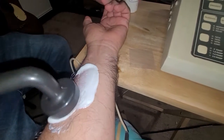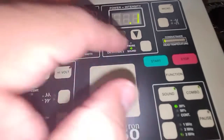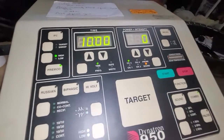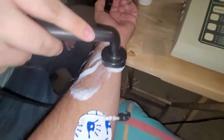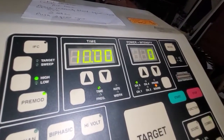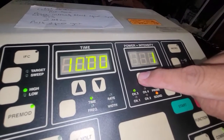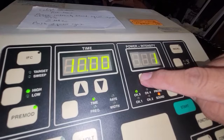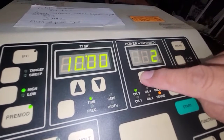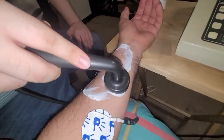And then moving that, and then coming back over here, you push this button right here. That switches it from ultrasound to E-stim. It is now in E-stim mode, and as the person is using the machine and the electrode is in place, you will ask the patient when they start feeling the electricity, because then you will start turning it up in increments here. It goes at half increments, so when you push it the first time, it doesn't move. I push it a second time, there's a 1. I push it again, you don't see it, but that's actually 1.5. Push it again, 2, 2.5, 3, 3.5, 4, and the ultrasound,